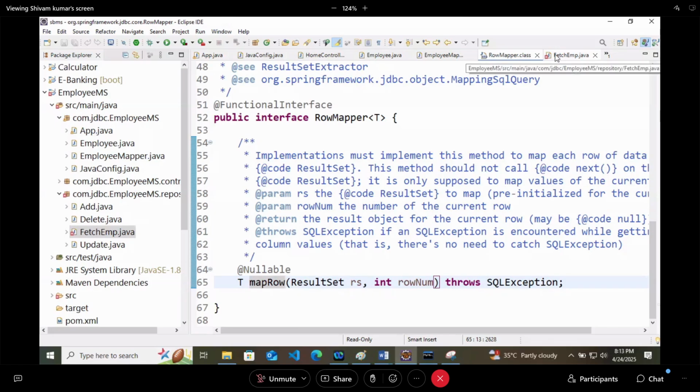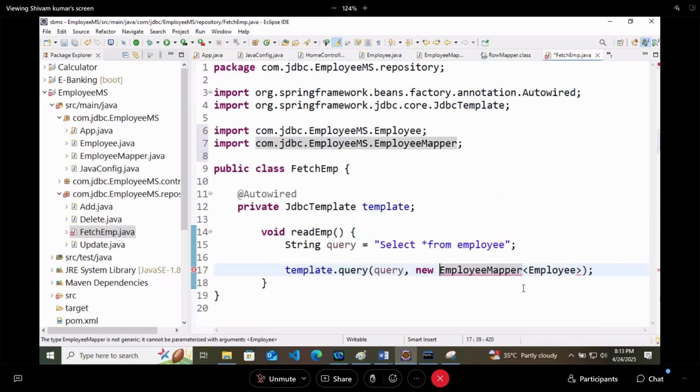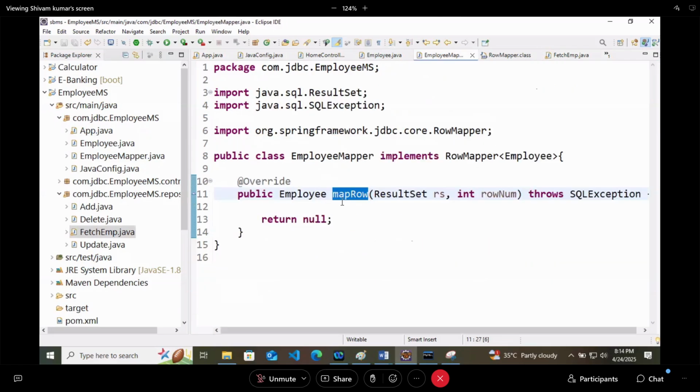So here I will say new EmployeeMapper, but not like this. We will create an object of this class. So new EmployeeMapper, because the EmployeeMapper class is implementing mapRow like that.